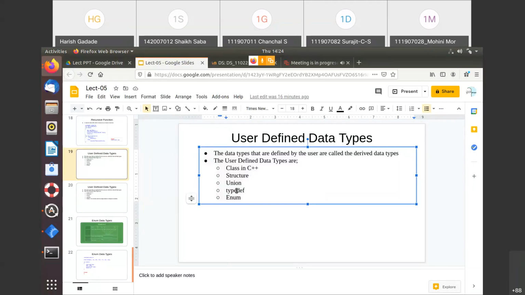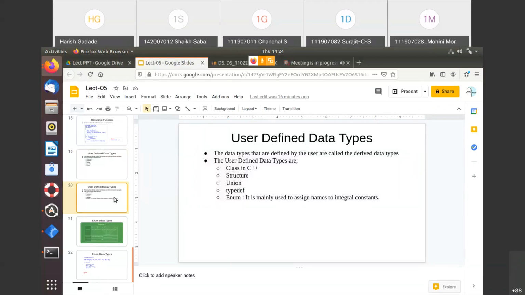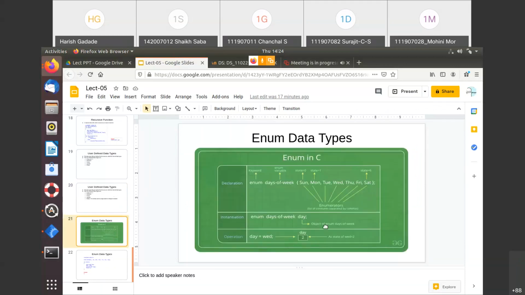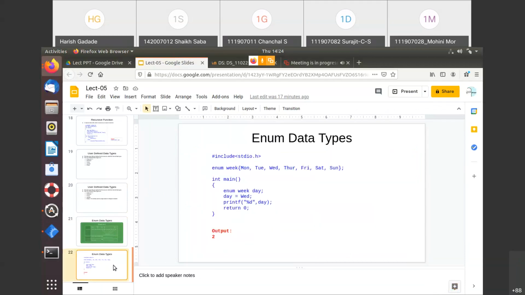And enum, we have also seen, is used to assign names to the integral constants. I showed you this diagram only for understanding, that there is one bug, it should be 3. And one example I have taken for the enum.